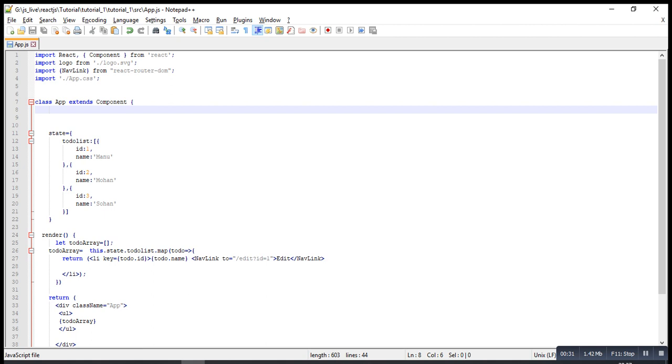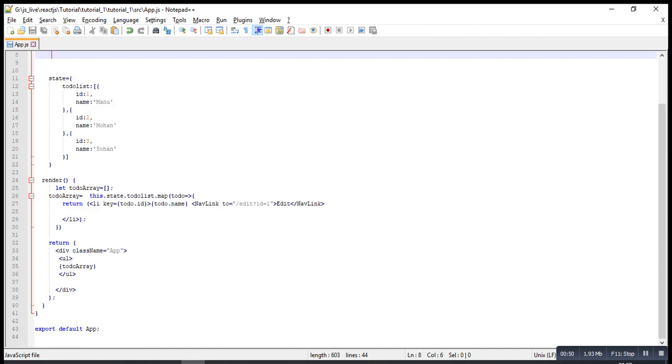First of all, we need to create an add operation. According to the add, we can push the data into the array, and then we will use the edit operation to perform the edit, and after that we will use delete from the array. Okay, first of all I will create